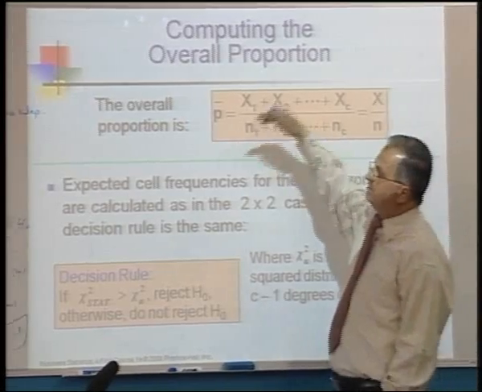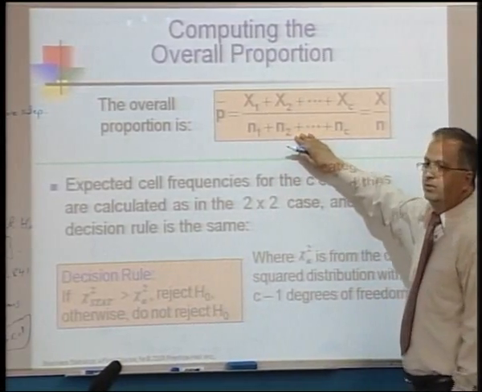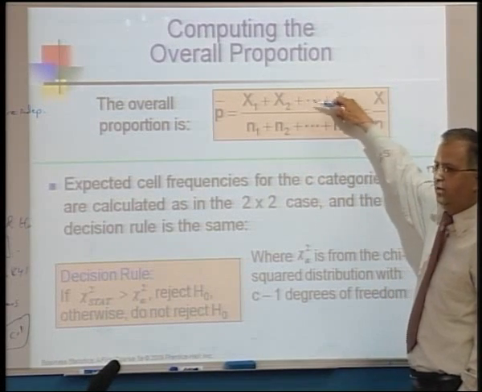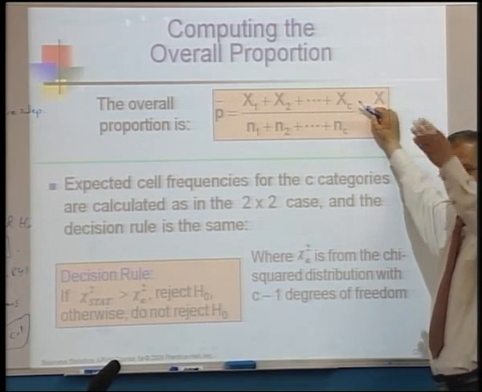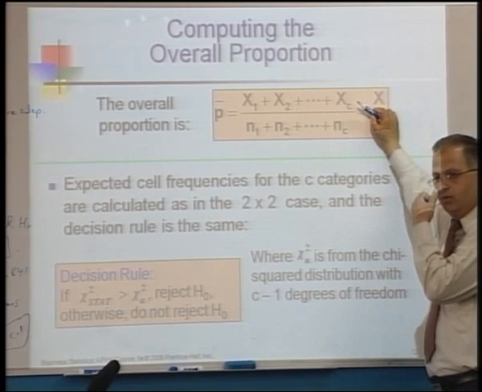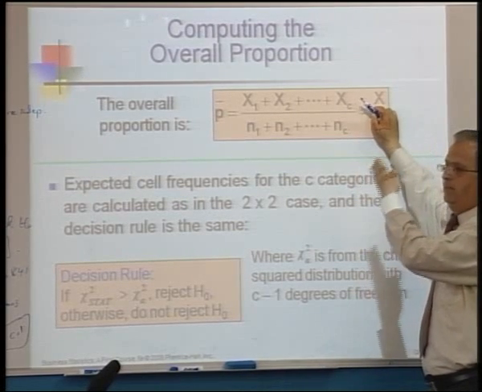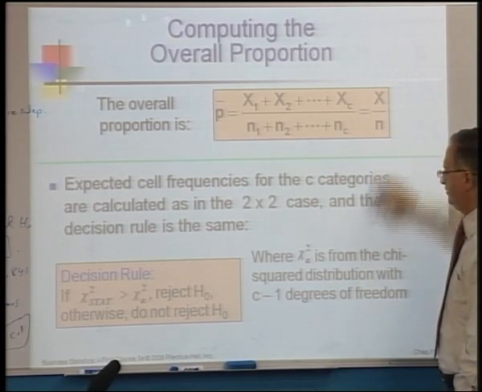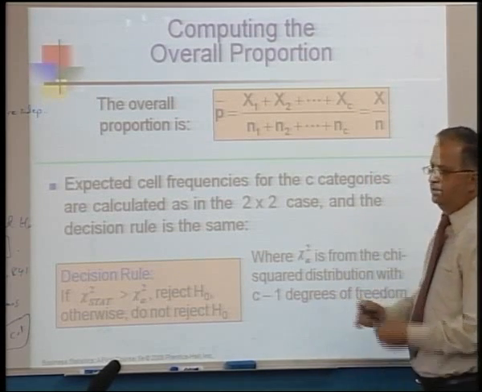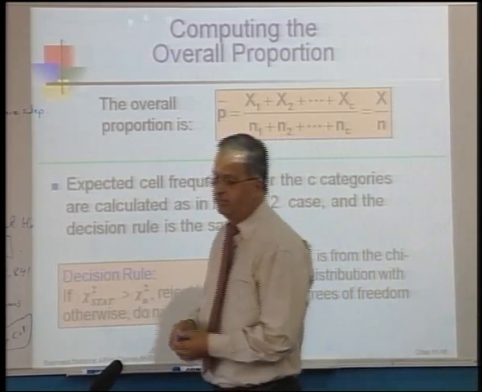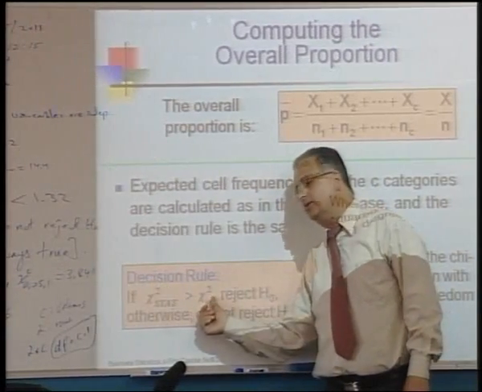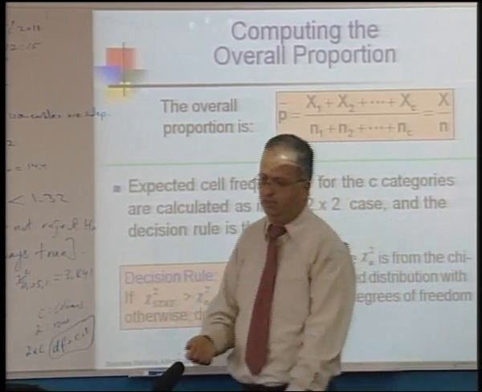Instead of x1 plus x2 divided by n1 plus n2, it becomes x1 plus x2 plus x3 all the way up to xc, because there are c columns, divided by n1 plus n2 all the way up to nc. So that's x over n. So similarly, we can reject the null hypothesis if the value of the chi-square statistic falls in the rejection